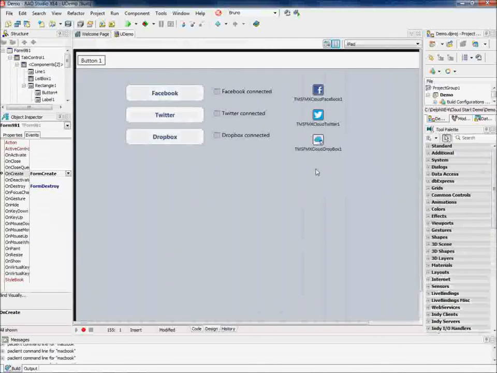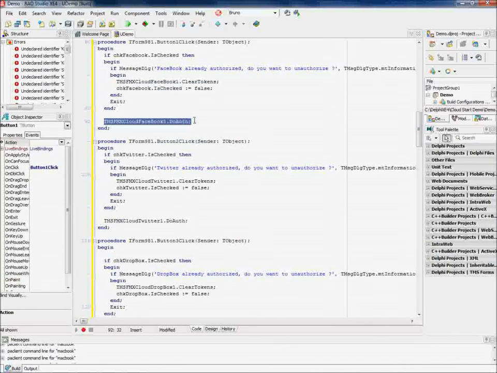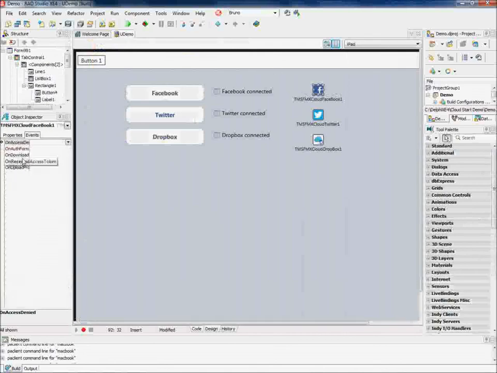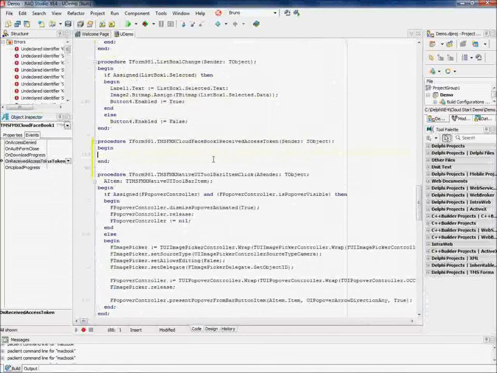To get our application really working, there's one more step that we need to do, and that is, if we receive a valid access token through the process of authentication, that we get this access token and that we persist it or save it to an ini file. And that's something that we can do from the event on received access token that each of these cloud components has. So I add the event handler,